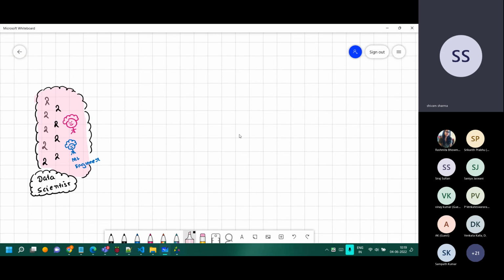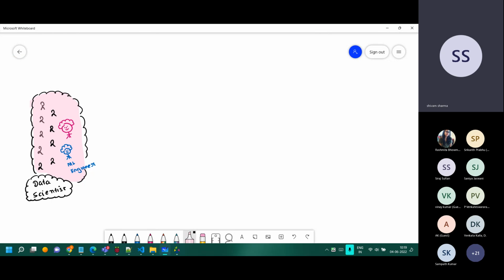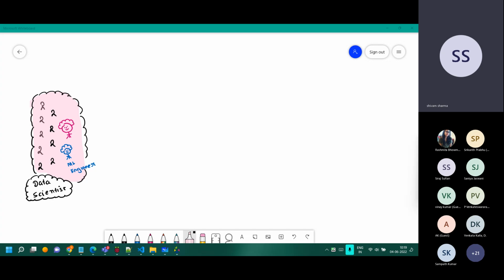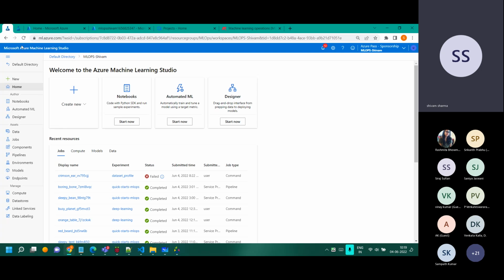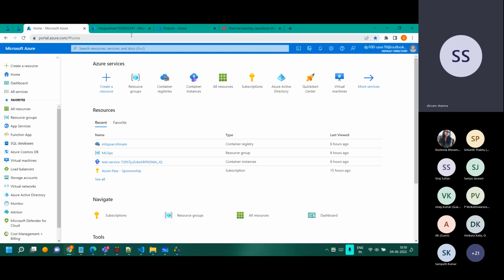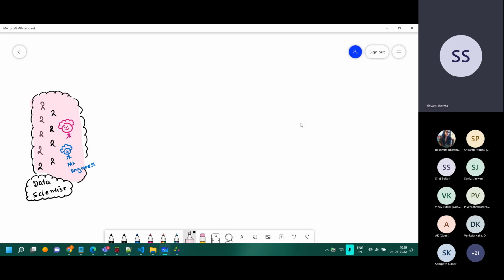So what we'll do, we will understand. I'll just see if the Azure portal is open or not. Let me just quickly go and open the portal as well over here, and I'll close any unnecessary tabs which I don't need. So I have the configuration. It took a lot of time, around I think 6-7 hours to deploy.